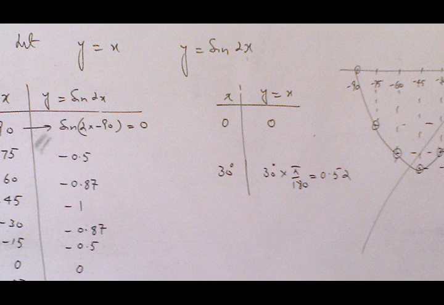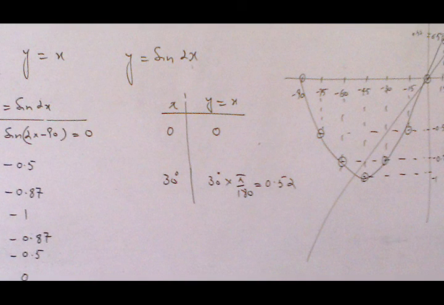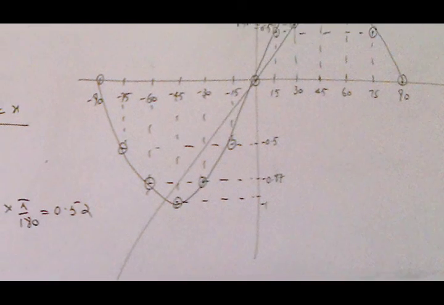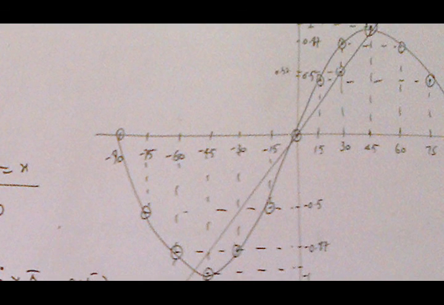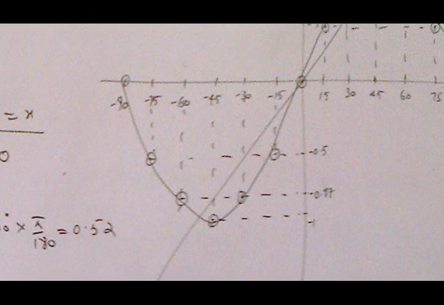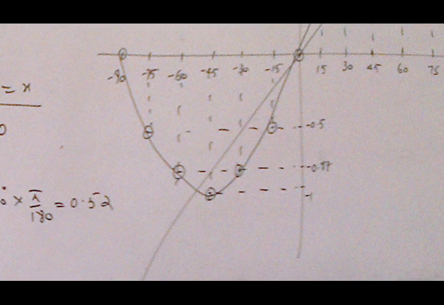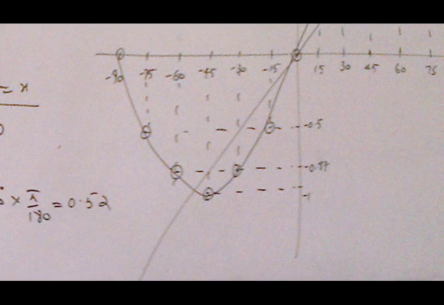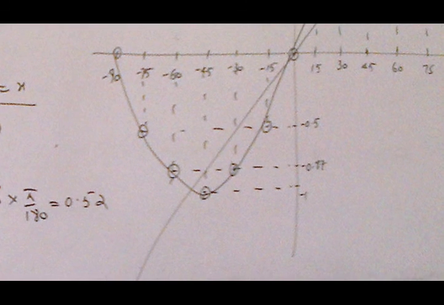For a straight line we require only two values, and y is equal to x. On the x-axis we have degree values, and on the y-axis we have radian. So we change the value of x in radian. Now we mark these values on the graph paper. At -90 we have 0, at -75 sine 2x gives -0.5, and at -60 we have -0.87,